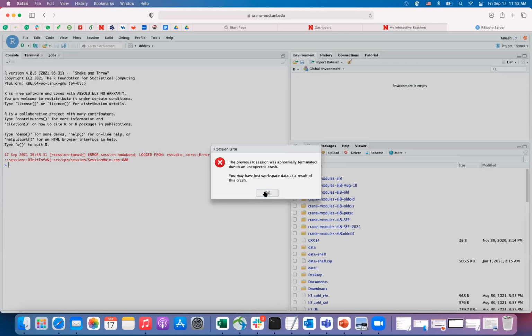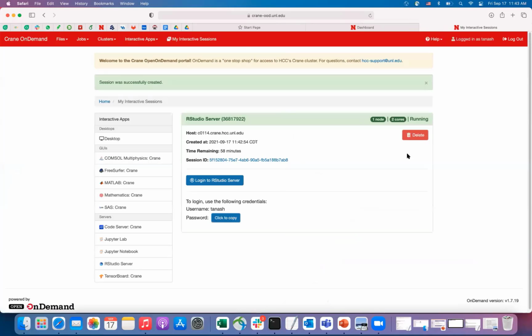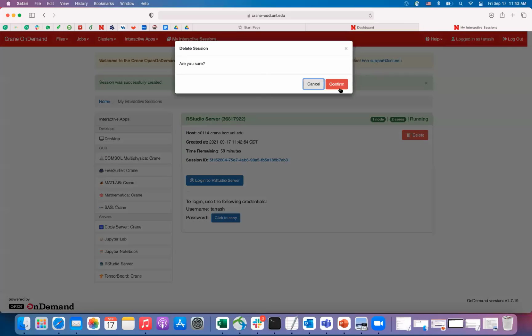So this is an error message for previous sessions. So for example, here I have in R, for example, A equal 3, B equal 5, A plus B, let's see, is going to be it. So it's running, right? So after I finish this one, I need to close it and delete my instance after